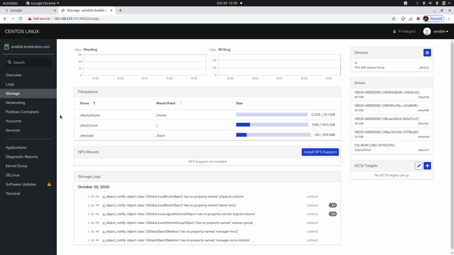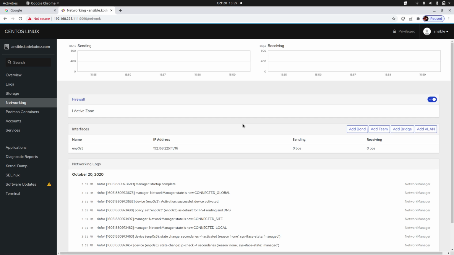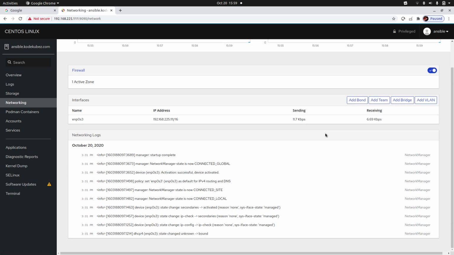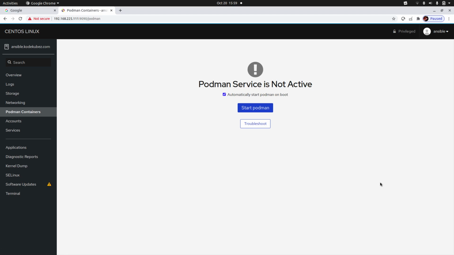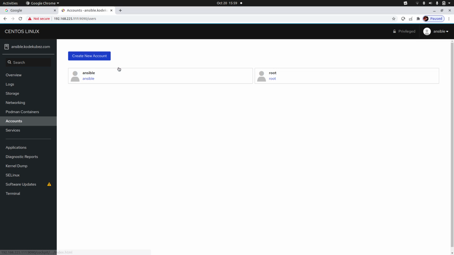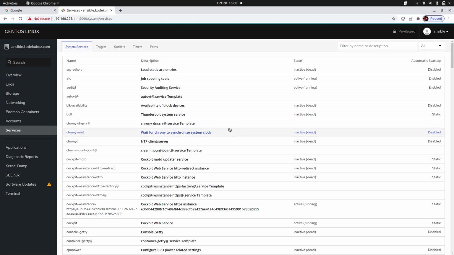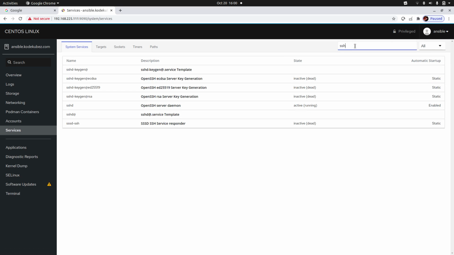Then networking, we can create bonding, then VLAN, trunking, all those features are available here. Then containers, we can create containers. Then account management, we can create a new account. Here there is already a user called Ansible, and we have a root user. Then services, we can list the services like SSH, the SSHD,